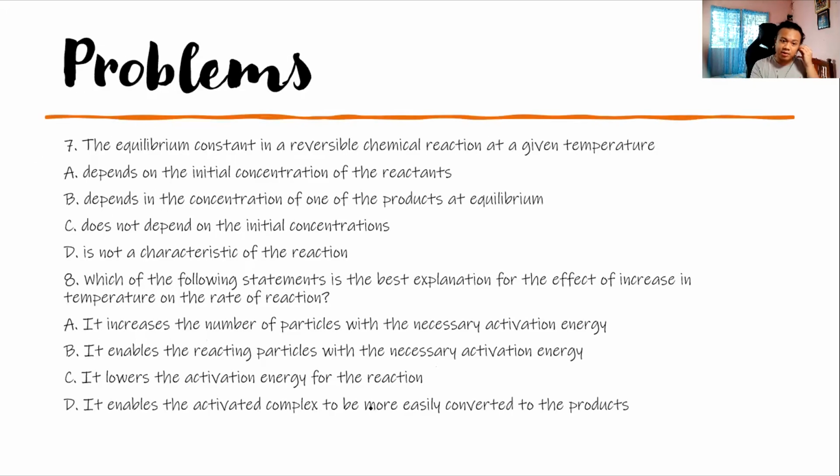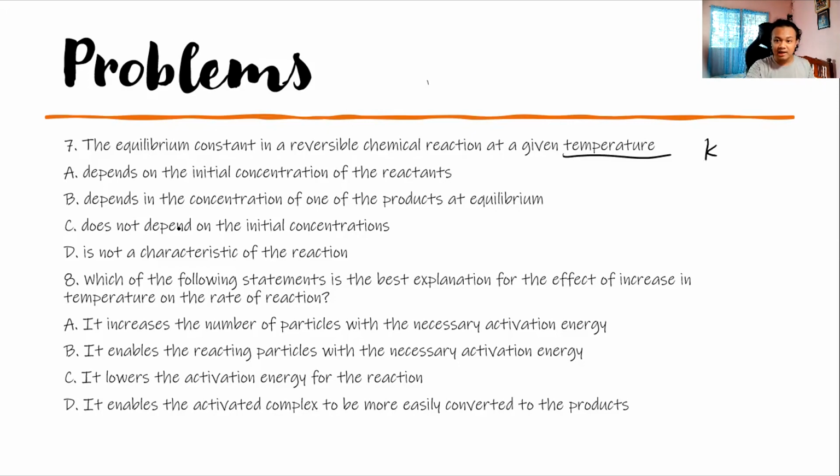The equilibrium constant in a reversible chemical reaction at a given temperature. It tells us what it is dependent on, right? Where does it depend? So the equilibrium constant, meaning the K, the specific rate of the reaction, in a reversible chemical reaction at a given temperature. So temperature. As you can see, it tells us what it depends on,